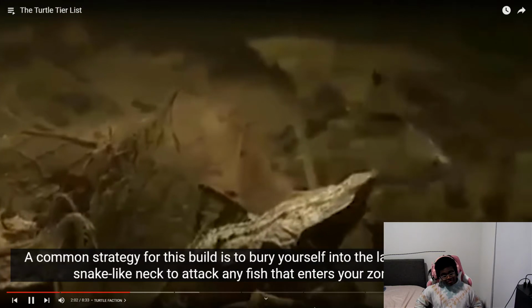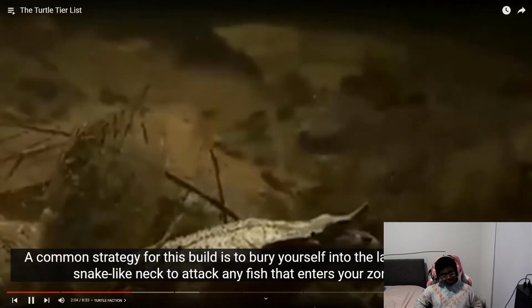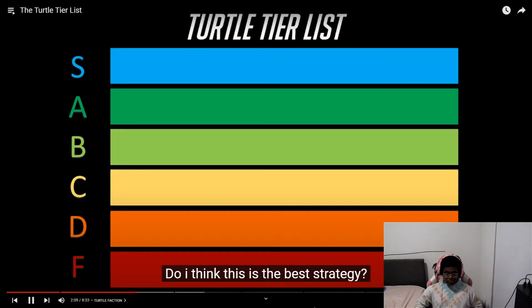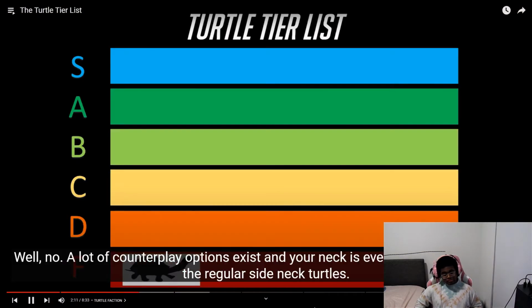A common strategy for this build is to bury yourself into the lake bed and use your snake-like neck to attack any fish that enters your zone of control. Do I think this is the best strategy? Well, no. A lot of counter...